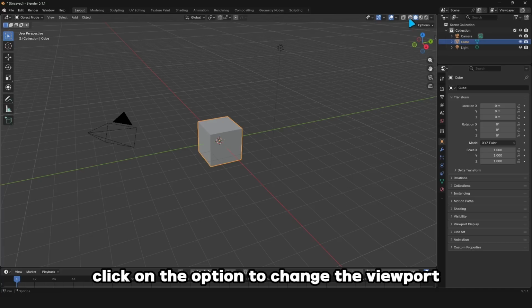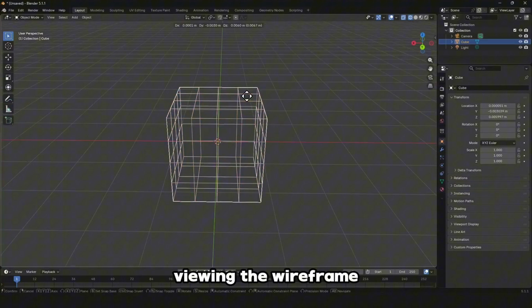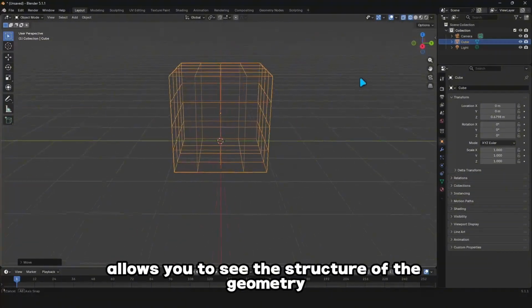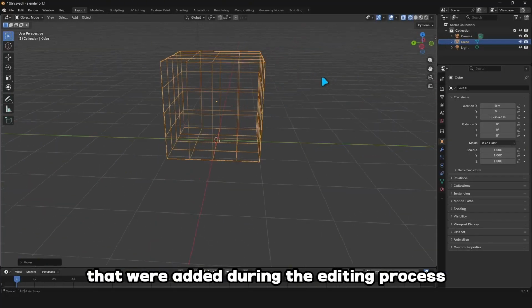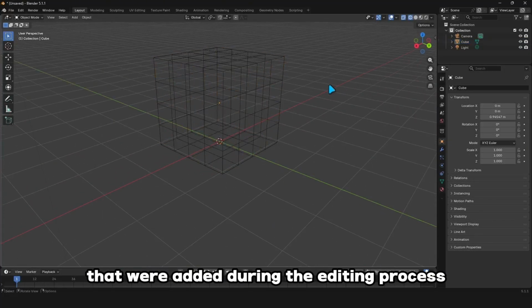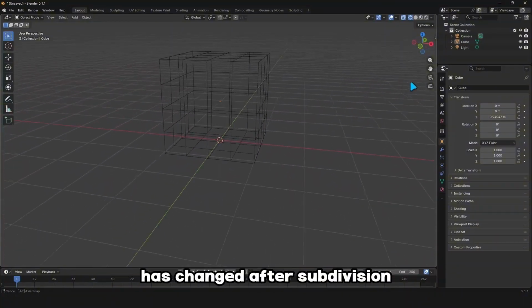Click on the option to change the viewport display and show the wireframe of your object. Viewing the wireframe allows you to see the structure of the geometry, including the edges and subdivisions that were added during the editing process. At this point, you should be able to clearly observe how the cube has changed after